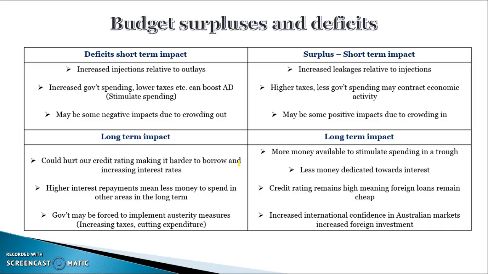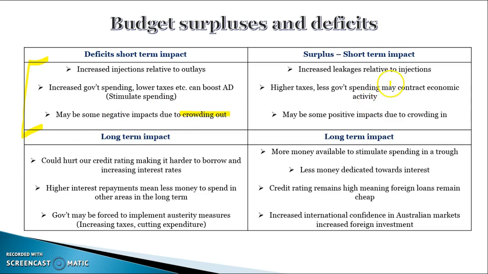You're spending on overhead projectors. You're spending on built businesses that will have a long-term expansionary impact on the economy. Budget outcomes and growth. Okay, it's important you understand the short and the long-term impacts of both deficits and surpluses. So deficits can have a positive impact in the short term. The government's spending more than they're earning. That's generating more aggregate demand. There's more injections relative to leakages. The only negative for deficits in the short term is they can lead to crowding out. So higher interest rates that slow growth down.